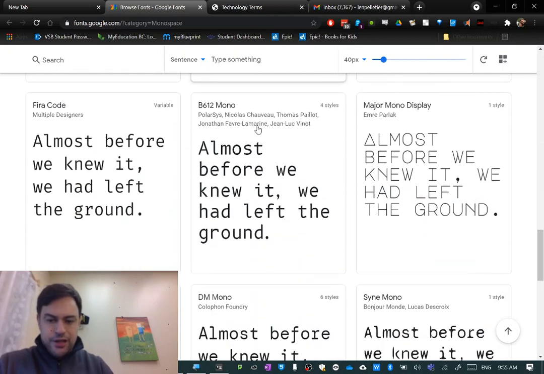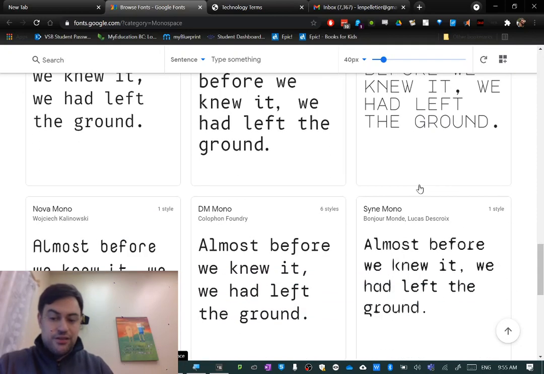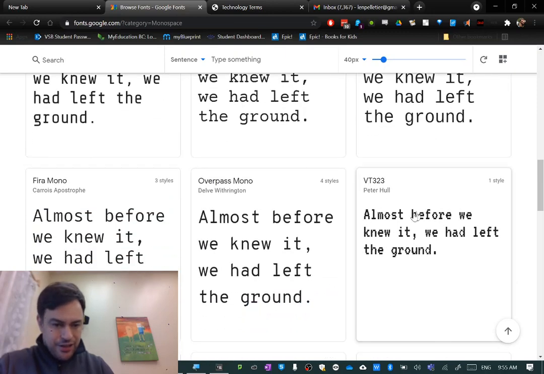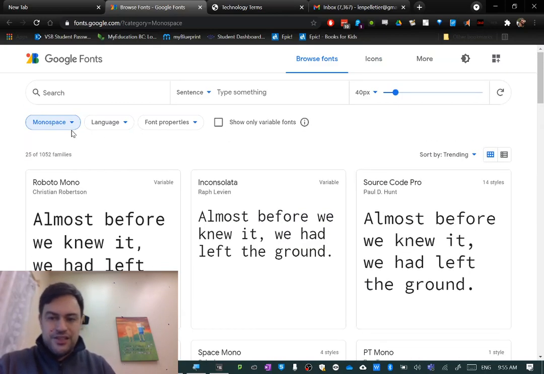But if we scroll far enough, we get some that definitely look more futuristic here. This is the kind of thing you might see in a video game. You can find the 8-bit video game fonts here too. Yeah, like this one here. Look at that. That's totally the kind of thing you might expect to see in a video game, especially an old-fashioned one. So lots of different possibilities there. All right, so there you go. These are our different